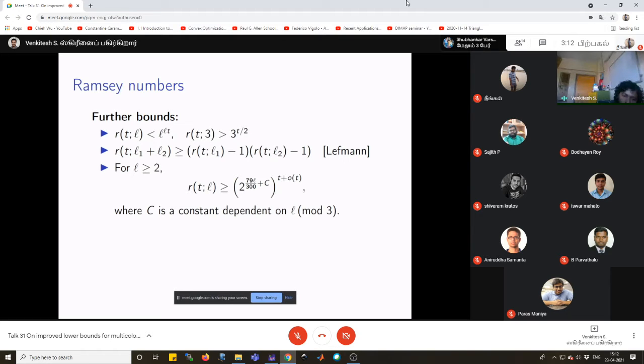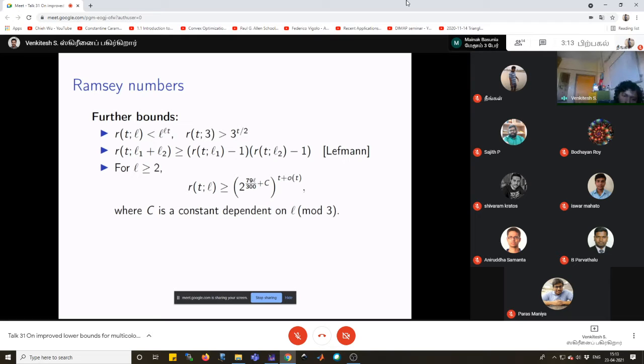So there are three cases of L modulo 3: when L is 0 mod 3, 1 mod 3, 2 mod 3. C takes different values. And the little o(T) term, I'm not even writing it here, although we do have specific descriptions of what those smaller order terms are. But as far as the basic asymptotics are concerned, we have a very large exponential gap to try and bridge, and therefore we really don't care about the particular descriptions of lower order terms at all.